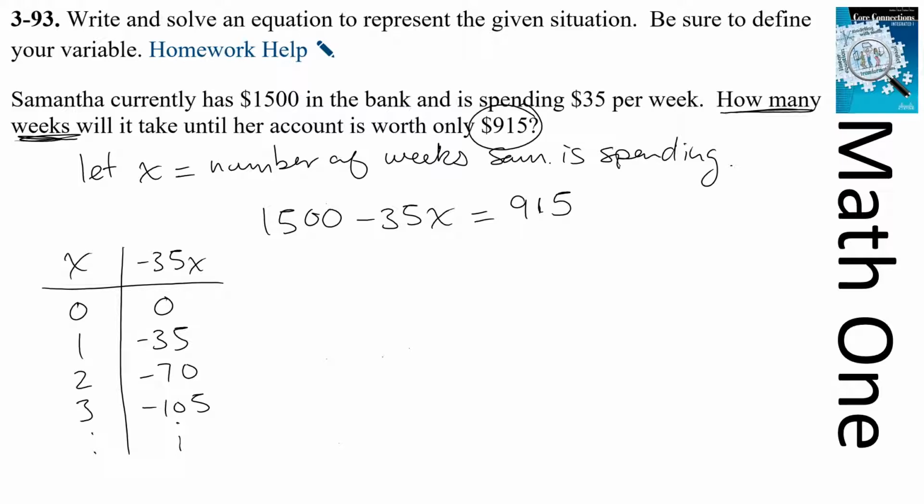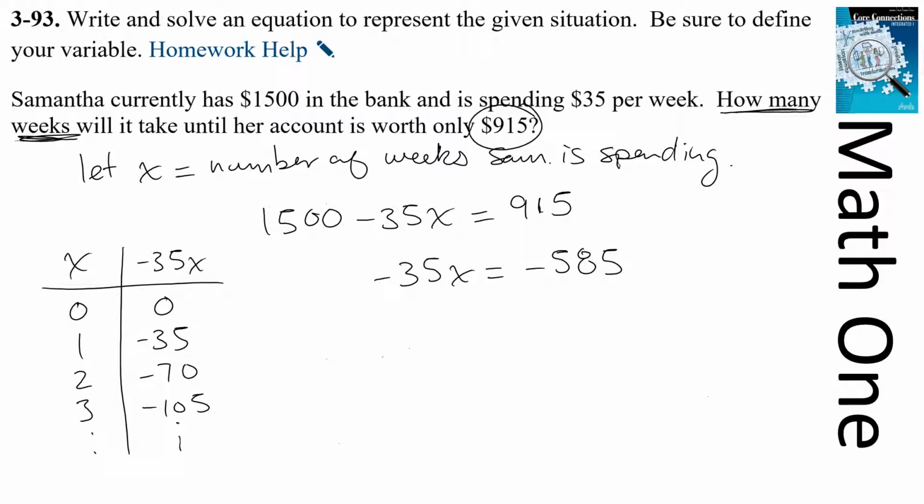So I'm going to begin by, let's see, I don't like the negative 35x, but I guess I'll deal with it. I'm going to subtract 1,500 from both sides. So if I take 915 and I subtract 1,500, I get negative 585. So negative 35x is equal to negative $585. And if I divide both sides by negative 35,